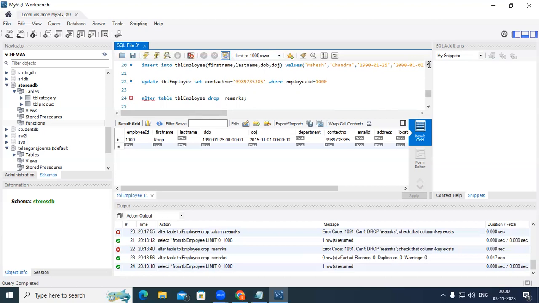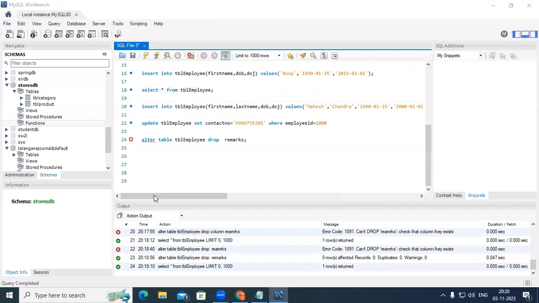Similarly, we have seen various types of constraints like primary key, foreign key, null constraint, not null constraint. And a very important thing we saw today is the check constraint. So if the age is less than 21 years, in such a case, the row will not be added to the database table. So like this, you can perform a few DDL as well as DML commands. Okay. Now, do you have any